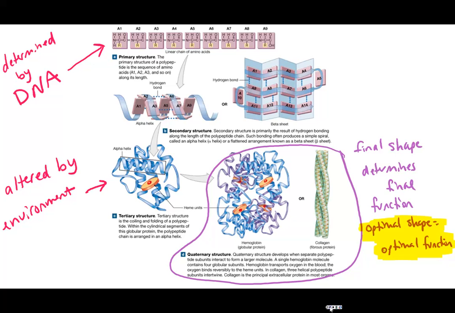And then your tertiary structure is that interplay between the R groups and the environment of the cell. So again, when we're homeostatically regulating the cell, that's so that our proteins have the correct final shape so that they work correctly. And then finally, the quaternary structure is that complex, which can either be globular or fibrous. And the key thing here, the significance of this, is that in order for that protein to function at its optimal function, it has to have its optimal shape as determined by the DNA and by the environment of the cell.